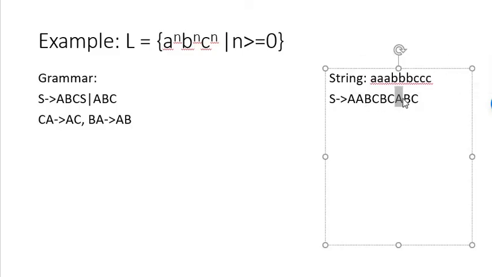अब इस वाले A को हमें इसके साथ ले जाना है, तो क्या करेंगे? अगेन ये जो CA है we will swap it and it will make it AC, और वो प्रोडक्शन हमने ऑलरेडी ऐड कर दिया है। So let us make it AC। Then BA, so that will be swapped and it will make AB, और वो प्रोडक्शन ऑलरेडी है, so I will write AB। Then again CA, it will become AC। Then again BA, it will become AB, right? So using these 1, 2, 3 and 4 productions, we are able to put all A's together।